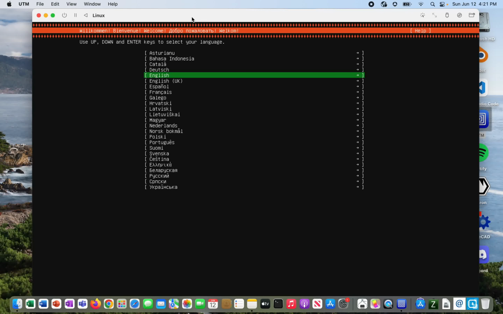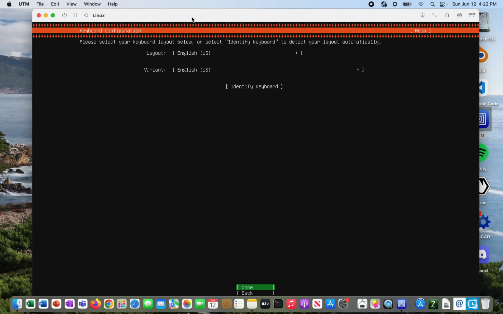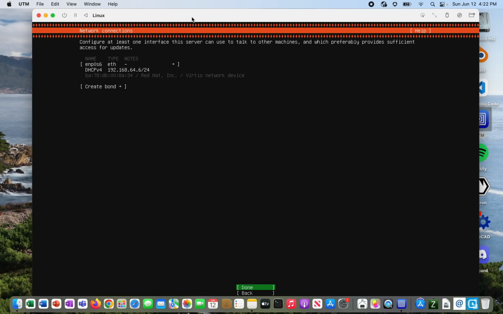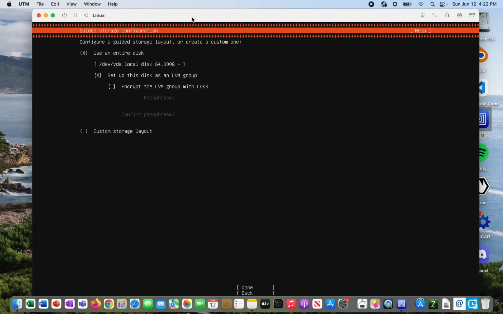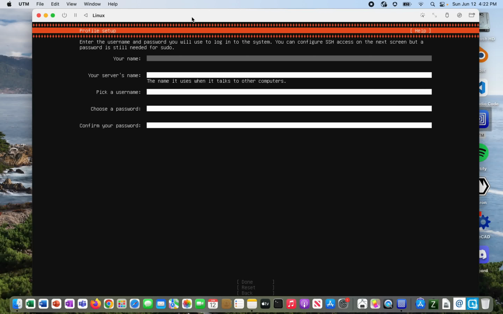So just click English, unless of course you don't want to do English. Continue without updating. Just click done for all of these. Leave everything as it is. By the way, I'm navigating with the arrow keys and enter for selection. So now you're gonna press continue, and then just give it your name,